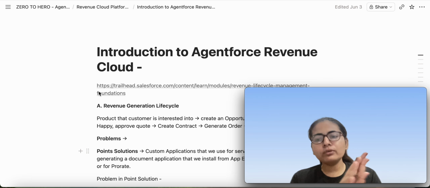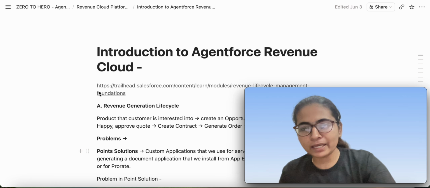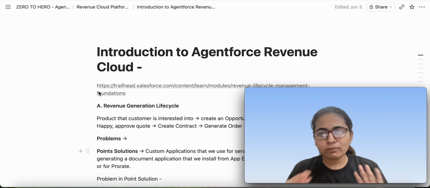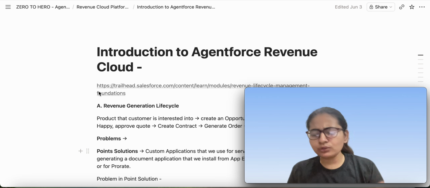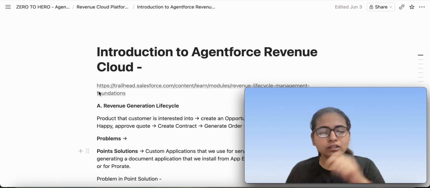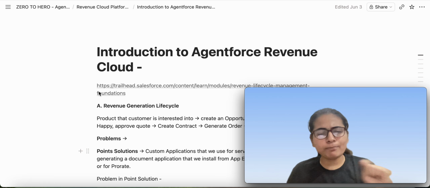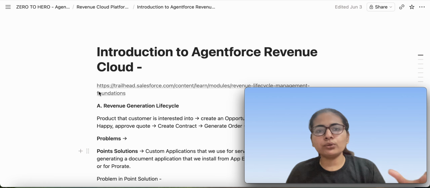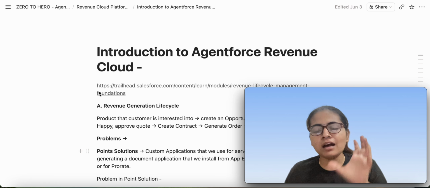But Revenue Cloud, on the other side, has a bigger picture. If you see from the top, what is the problem? Imagine you sold a product. You have sold a lot of things. On the quotes you see a lot of quotes generated, but in your company billings and accountings, you don't see where exactly the amount is.